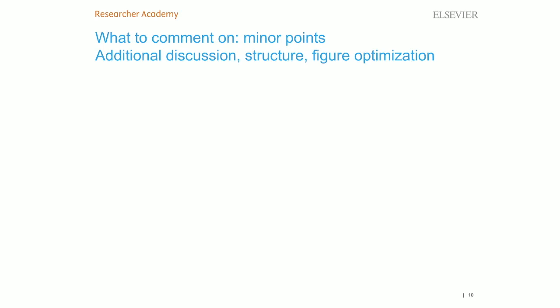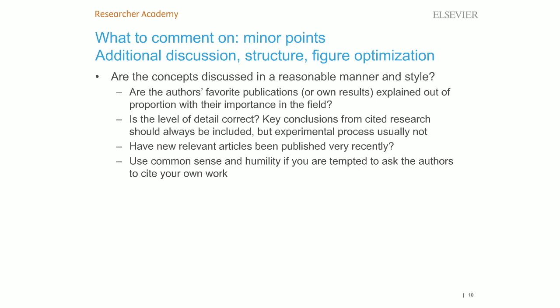A few more minor points. The topics that the authors choose to discuss, do you think their discussion is reasonable in terms of both manner and style? Sometimes you'll have the authors just spend a lot of time on their own results or their favorite recent publications, even if they're not from their lab, and they'll go on for paragraphs about details about how these results were obtained, how the experiments were conducted, and so on, and then essentially skim over 10 more papers in the next 2 sentences. We want to make sure that things are presented in a balanced manner,